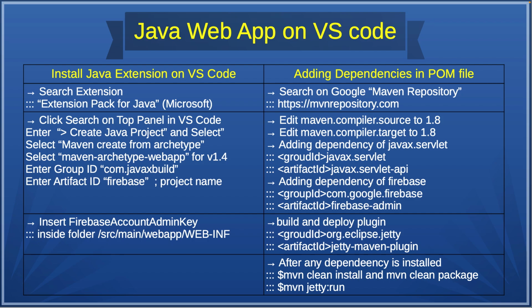And then you can create a Java project on Visual Studio Code, install the extension pack for Java, and create a Java project: Maven create from archive, Maven archive web application, and enter your group ID, artifact ID, and you can add your dependency for Javax or Google Firebase